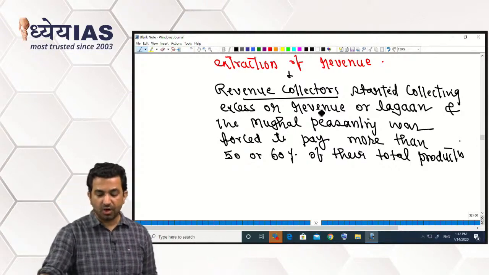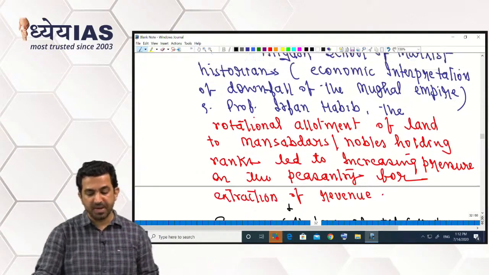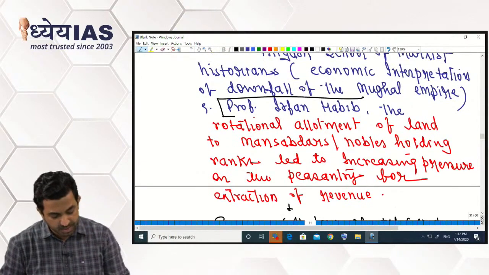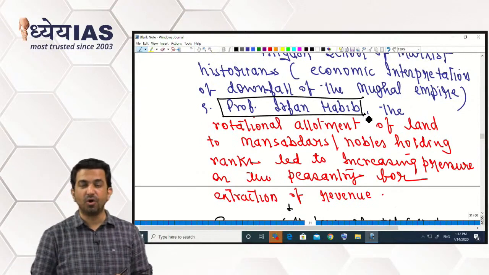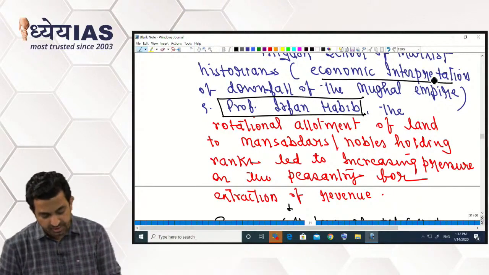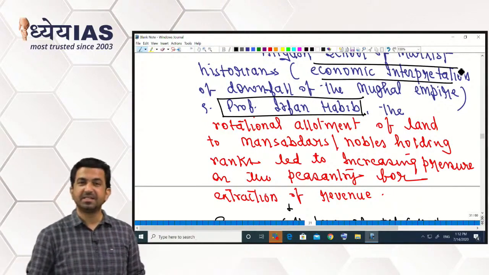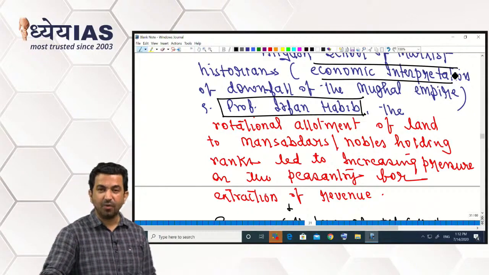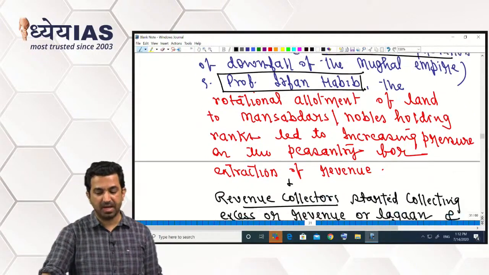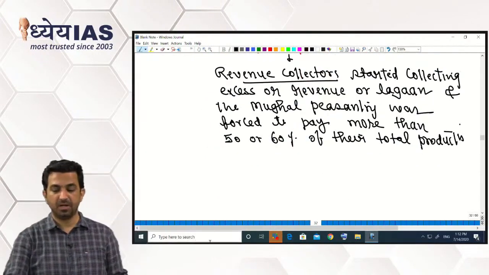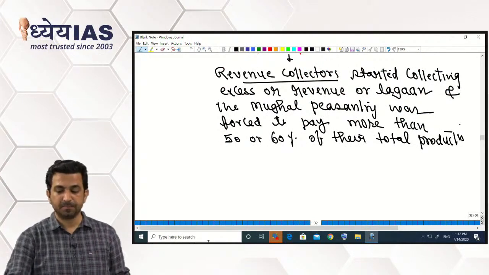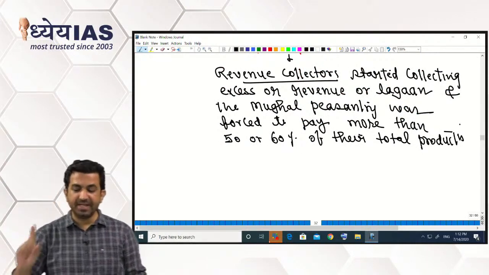So Aligarh School of Marxist historians, mainly Professor Irfan Habib, emphasize more on economic interpretation, Lagan Bandobast, as a main reason for the downfall of the Mughal Empire. Okay, downfall of the Mughal Empire. So 18th